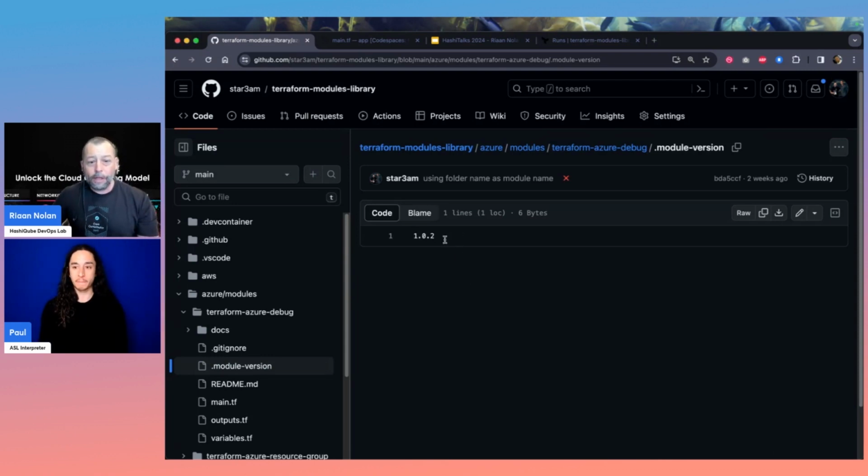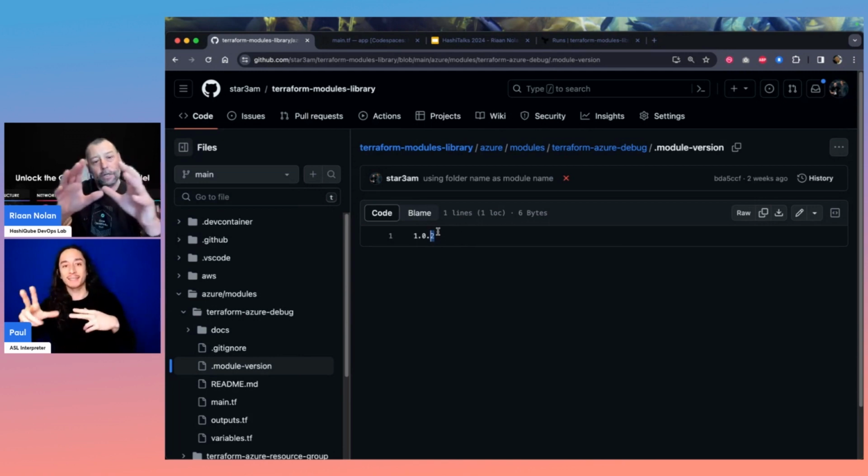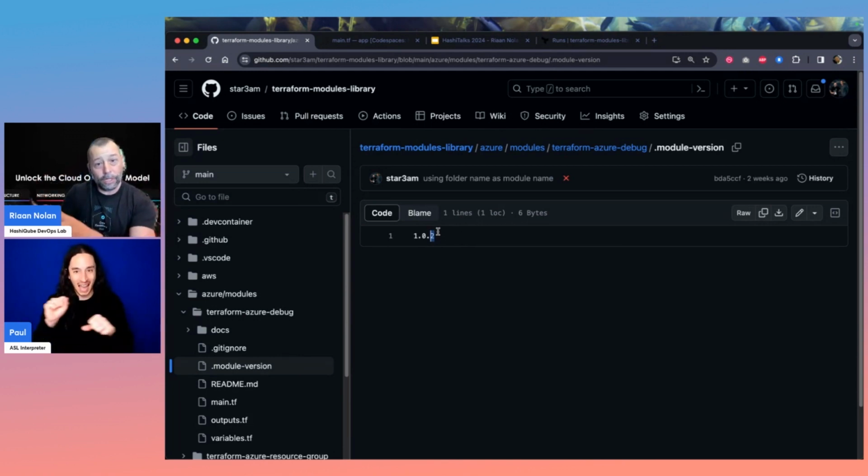And the benefit of this is that when you are finished developing, you can bump this module here, but it still stays main, or the tags are different for this Terraform modules library than what your actual module will be. So for example, if we look at